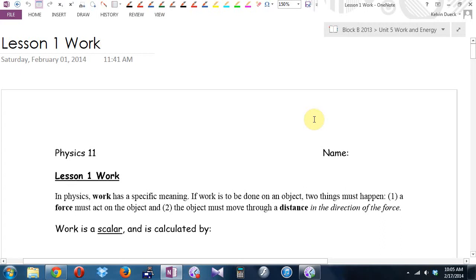So the next unit we're going to be looking at is what's called work and energy. Hugely important to our understanding of physics, but there's a bit of a problem because in this unit we're going